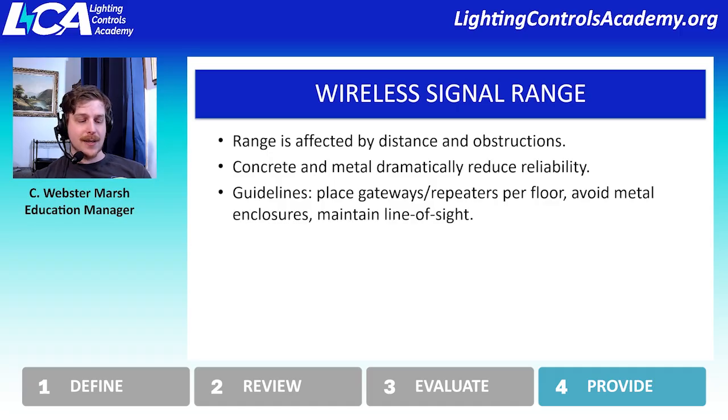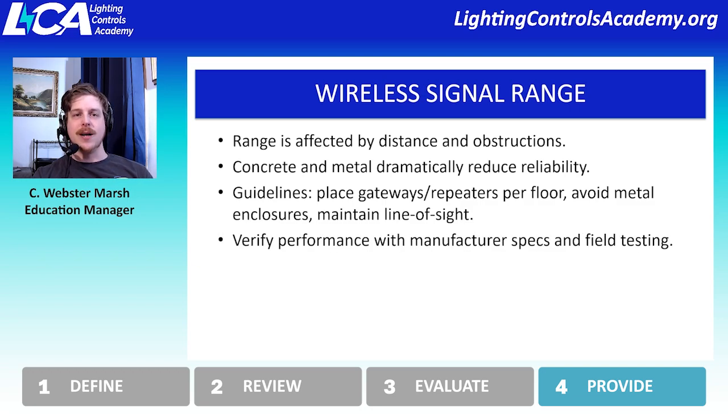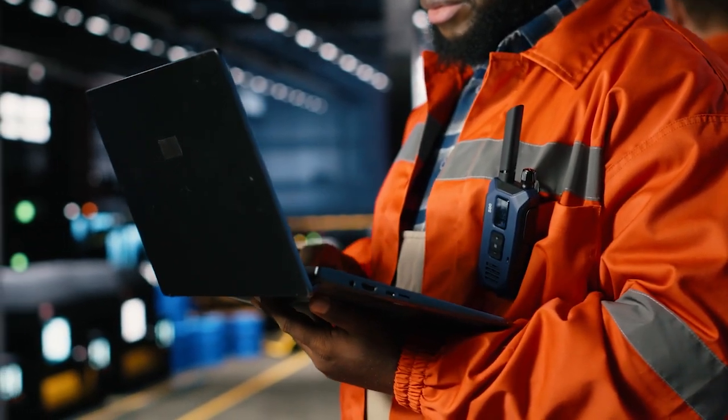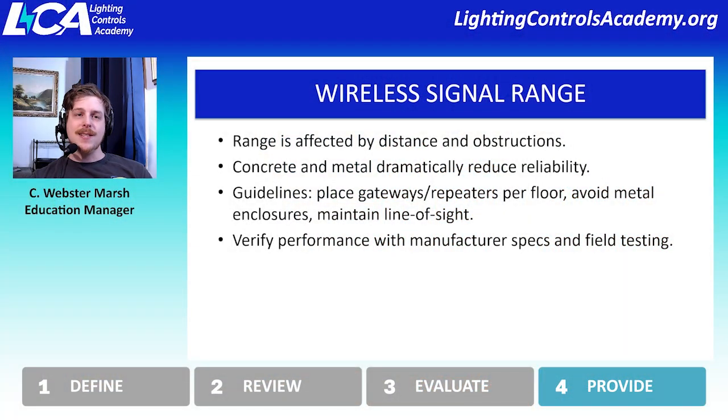So it's something that's really nice about the flexibility of the wireless lighting control systems. But again, always verify with the manufacturer, and field testing is always a good option. I oftentimes recommend that people do a mock-up just to see if the system's actually going to function as intended